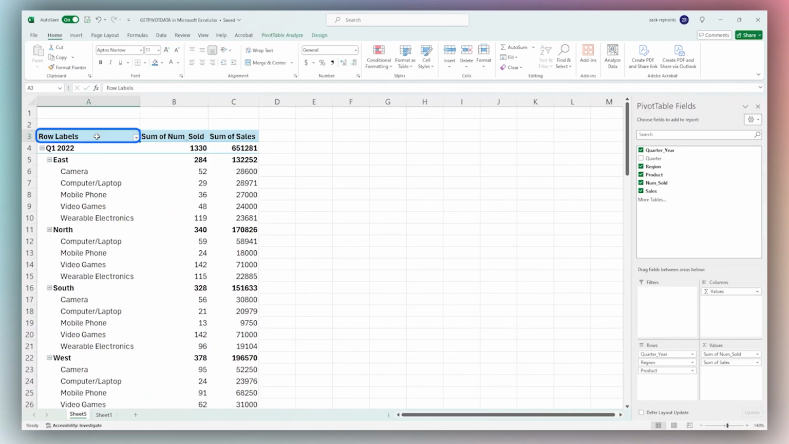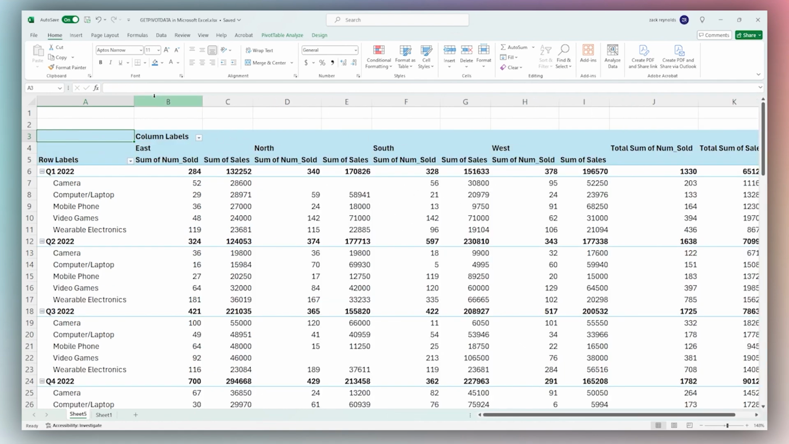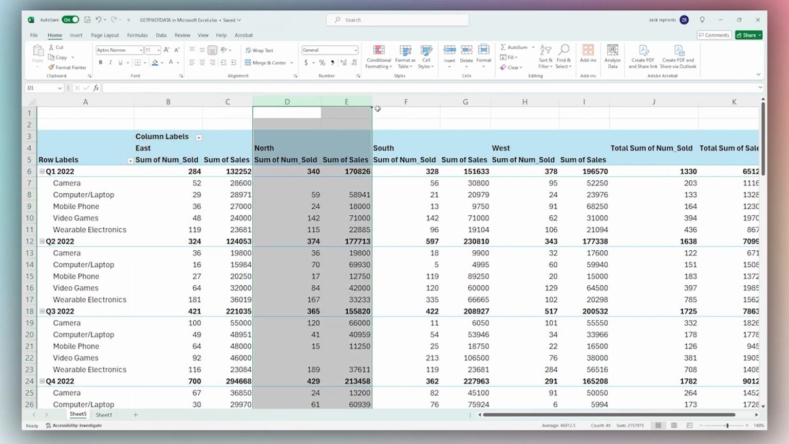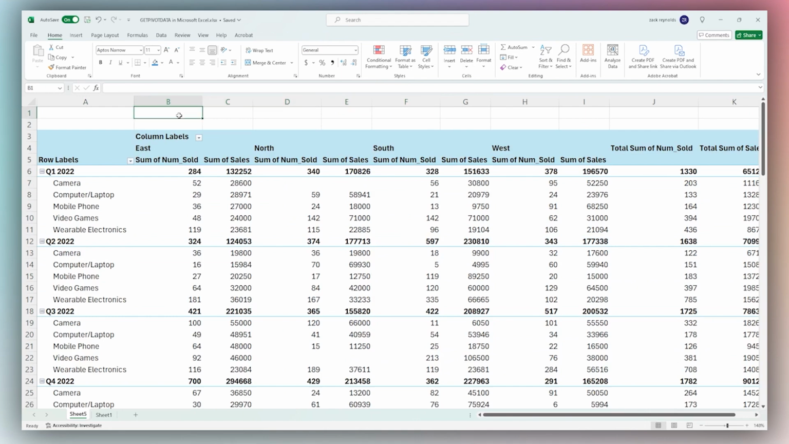Let's go ahead and modify our pivot table and show you some different ways that you can use this. So let's go ahead and add region as some of our column labels. And then you can see east, north, south, and so forth with those totals down below. And so if we do our get pivot data again, we can do our num sold,